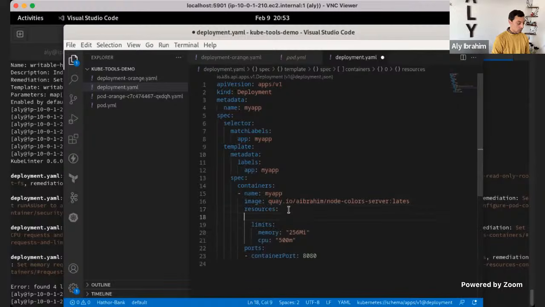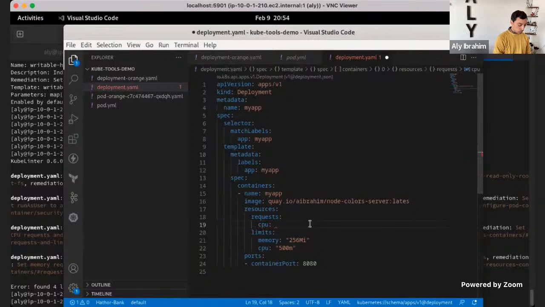So if we go here and do this, it already autocompletes my YAML. This is the YAML plugin. It's provided by Red Hat, and it's showing that, okay, I understand that this is a deployment. I'm checking this schema, and this schema is showing that we need requests, CPU, and memory.